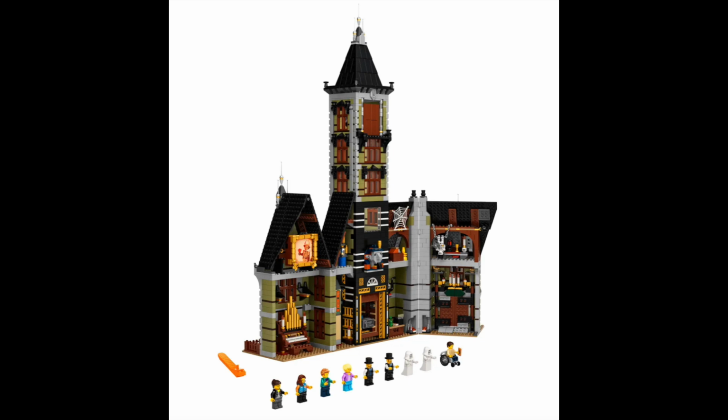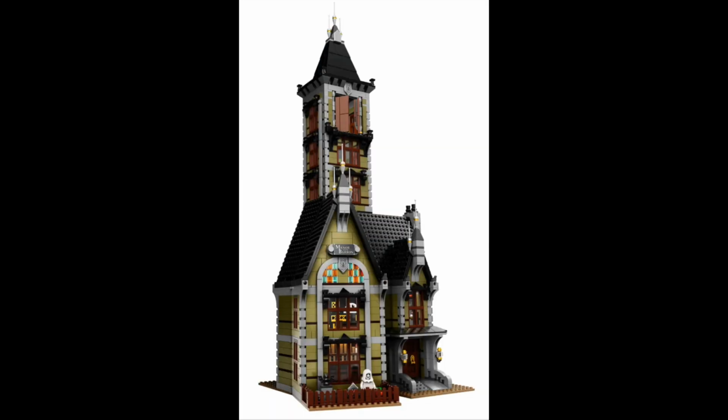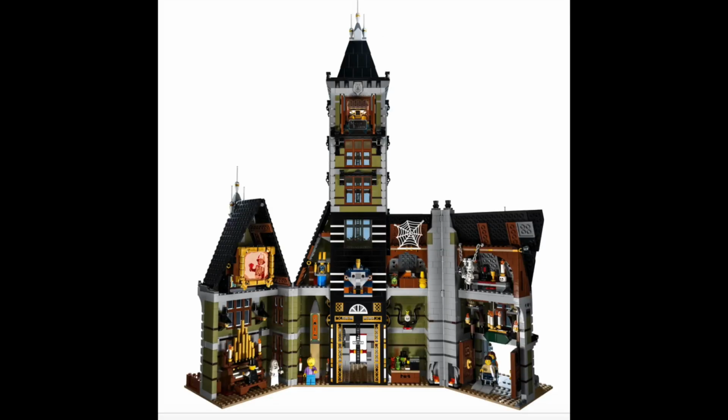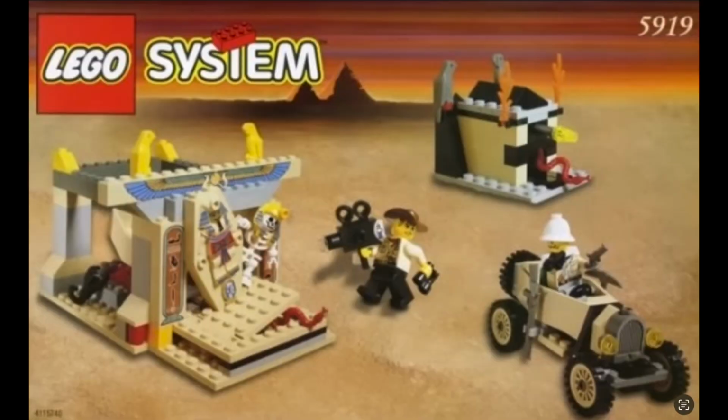The first set we have today is the Haunted House, released in 2020. The sub-theme for this LEGO set is Fairgrounds Collection, because this is a haunted house fairgrounds ride, but this has some very interesting references, so let's take a look at those. Its biggest callback to LEGO Adventurers is a painting of Baron von Baron, which is most likely a reference to set